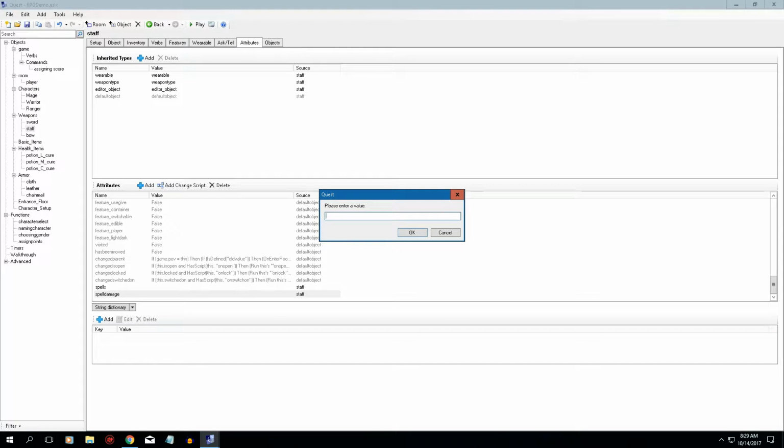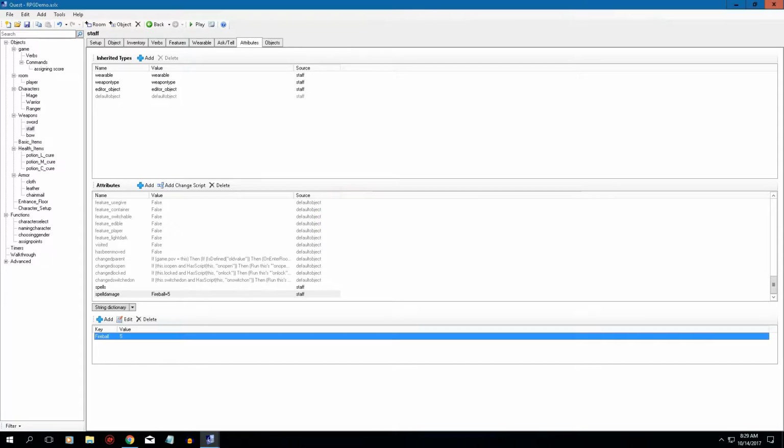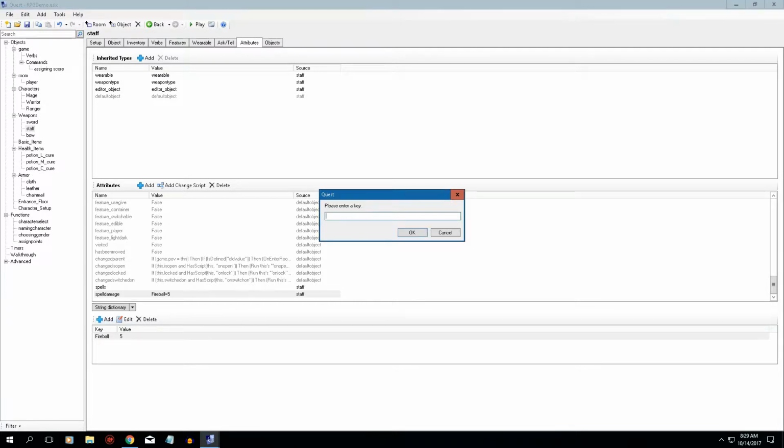So there's our fireball. Let's enter a value. I'm going to enter 5 as a value. Now we need to add another one. That's going to be our ice orb. Enter a value. I'm going to enter 10 because once we set it up, it's not going to be